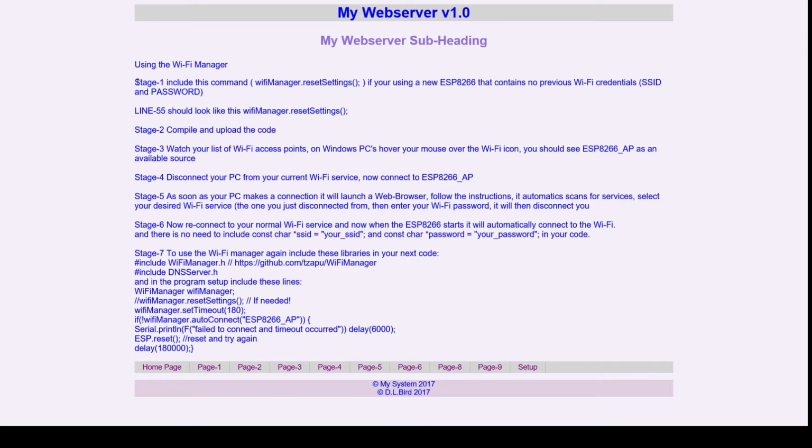So I will just talk through that actually. So stage 1 is to include this command here in your source code. Include the library. You have to include the Wi-Fi manager. These two lines here have to be included. So if you had a new sketch, include those two highlighted lines. Include the command Wi-Fi manager reset settings if it's a new device. Compile and upload the code,